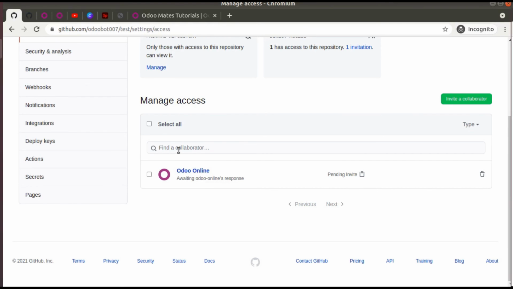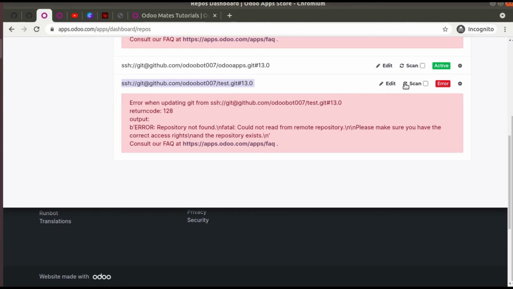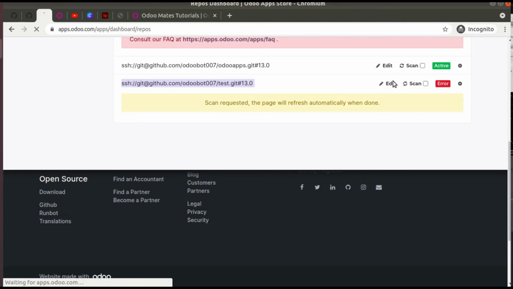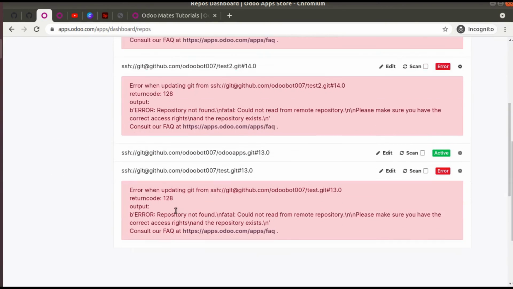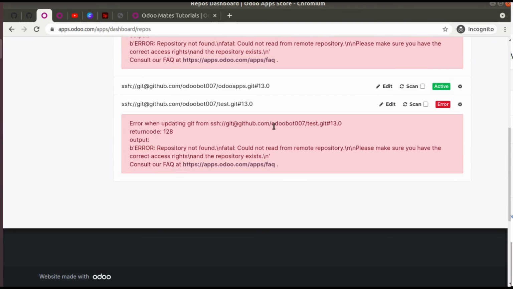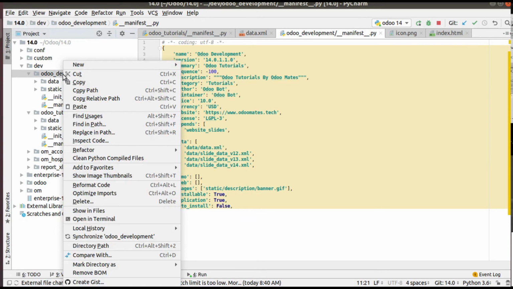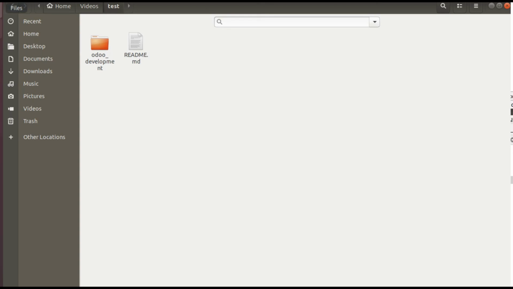You have to wait until they accept the invitation. So here you can see awaiting Odoo Online's response. Once they accept your invitation, you will be able to scan this successfully. Right now I'm not able to scan from this repository because they haven't accepted the invitation. So what I'll do, I'll simply copy this module and paste it in the first repository,